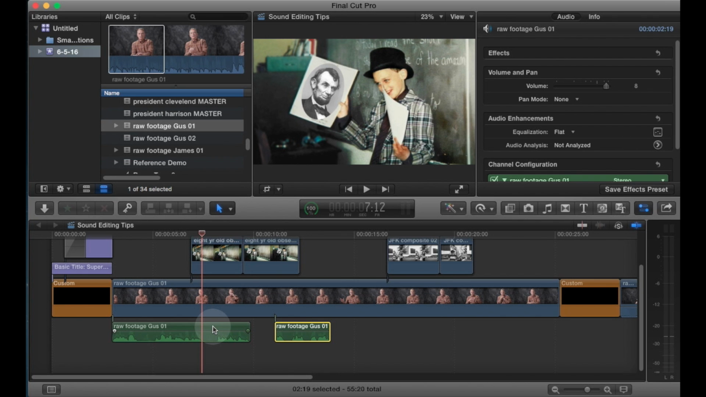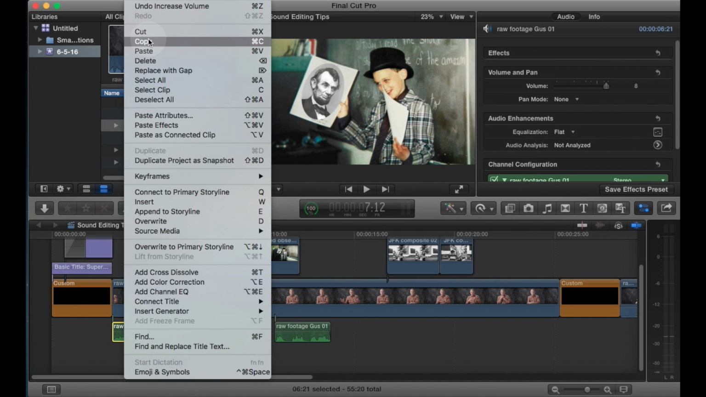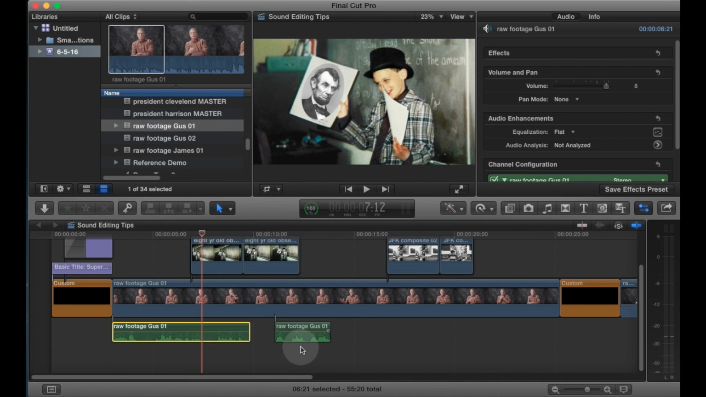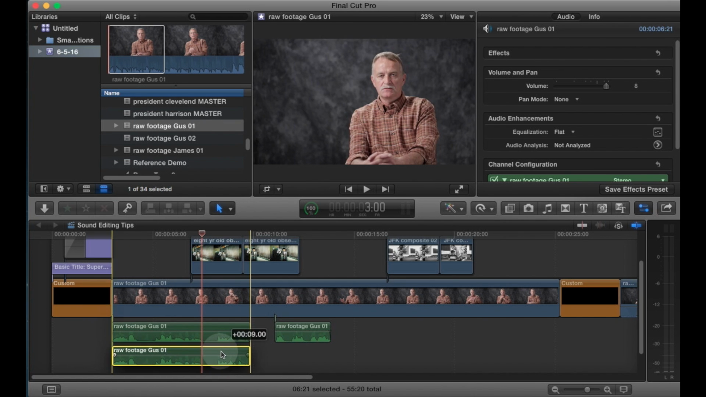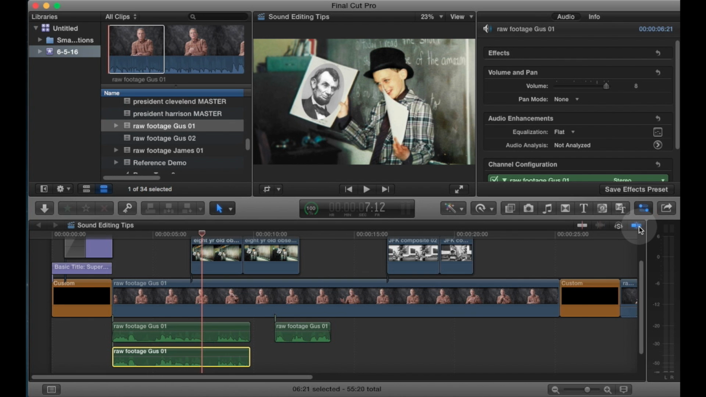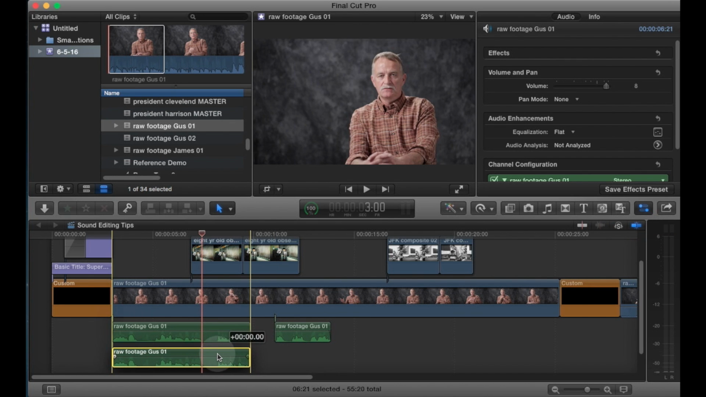Actually what I should probably have done first is copy this. Now you can do a Command C and a Command V to basically copy and paste it, or you can hold down the Option key and drag a copy and put it anywhere you want. And you can line it up as long as your snapping is on over here. Okay, snapping. As long as that's on, it'll snap and line up perfectly under the